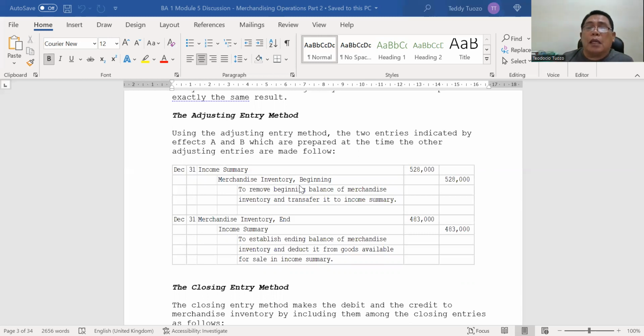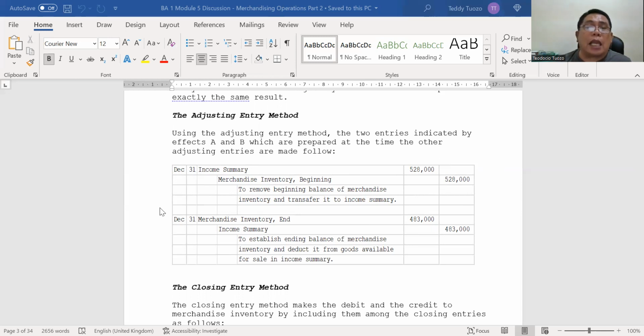So here, just the same, it is actually part of the first closing, the closing entries of all income accounts, no? That also includes the merchandise inventory, to transfer it to the income summary account as an expense account and to remove the beginning balance of the inventory account. Actually, class, income summary plus the expense account, the beginning inventory plus the expense account is the first set of